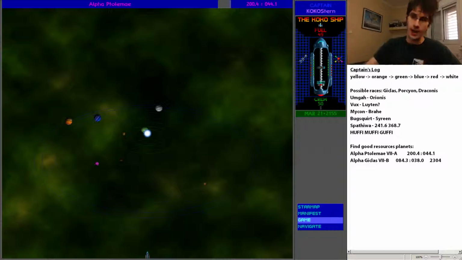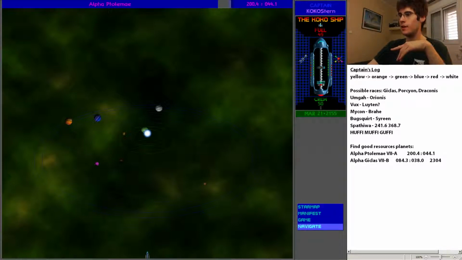It might be allies or enemies, just other ships. So it was Ptolemy VII, which means the 7th. So 1, 2, 3, 4, 5, 6, 7. So it's still one before last. So it's the